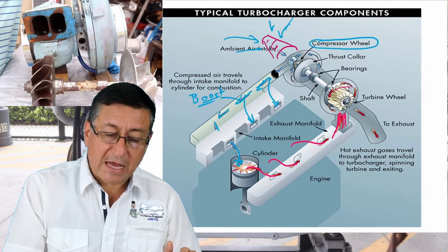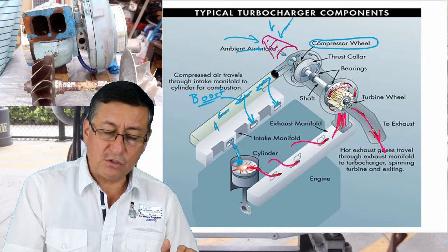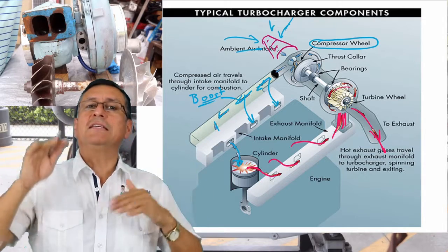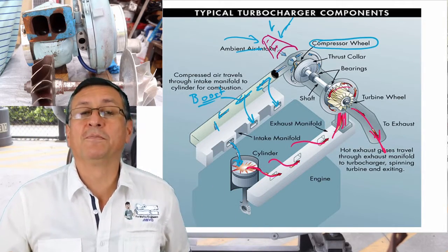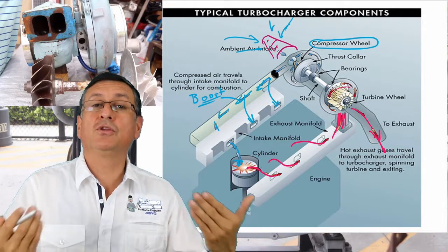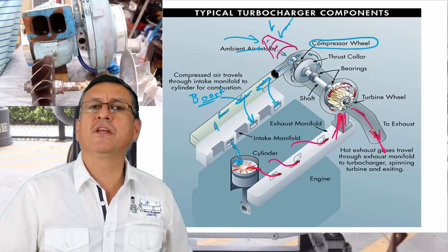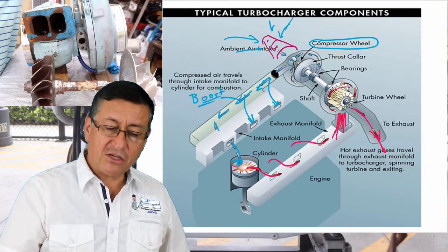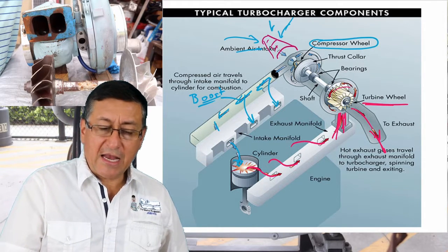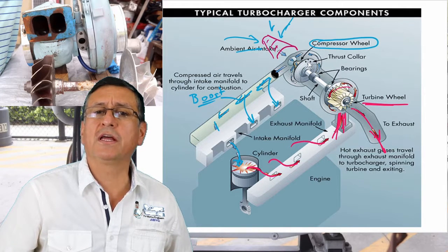Alright, they move the turbine. Some gases go directly outside, and others spin the turbine. Yeah, this is the movement of the turbo. The turbo starts to produce energy with the exhaust gases. The input of the turbo is the exhaust gases. The exhaust gases move the turbine, and because the shaft is connected together,